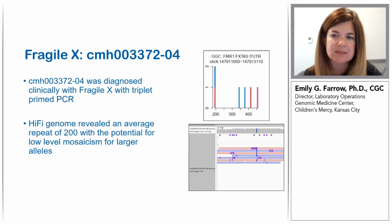So in this case, CMH003372-04 was diagnosed clinically with Fragile X due to developmental delay. And this had been detected using the triplet primed PCR. However, the expansion number and the potential for sequence interruptions was unknown, as the report states fully expanded consistent with disease. So as a positive control to develop the tandem genotyping tool, a HiFi genome was completed, revealing an expansion